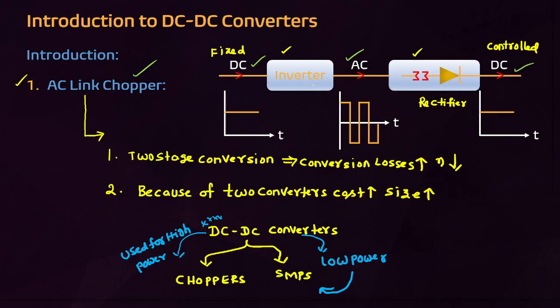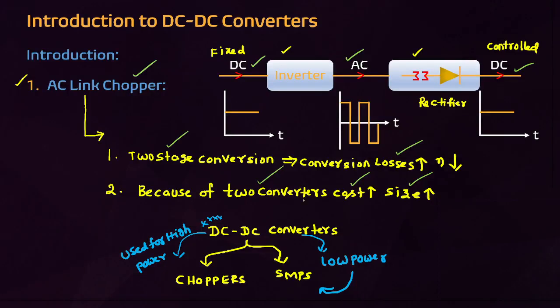But what is the drawback of this AC link chopper? Because of two-stage conversion, the conversion losses are high. Because of two converters, cost is high, size is also high. These are the drawbacks. To overcome these drawbacks, to convert DC to DC in a single stage conversion, a DC